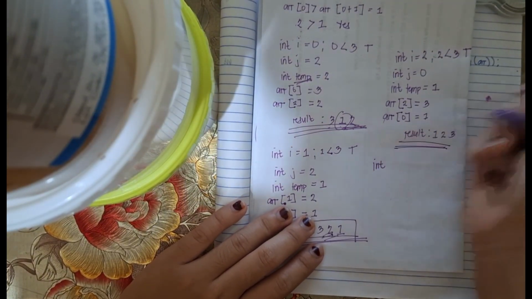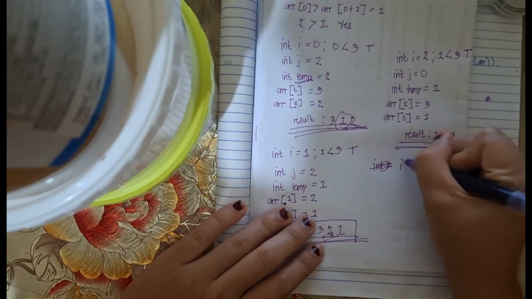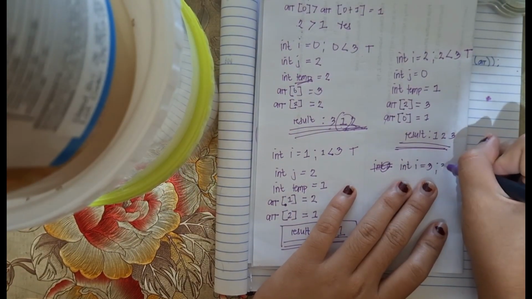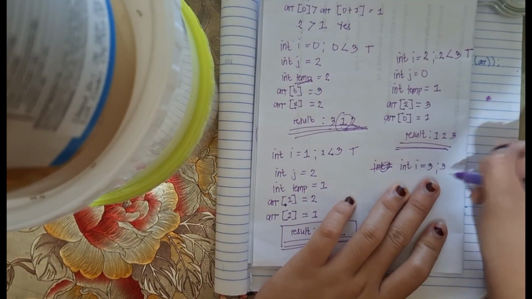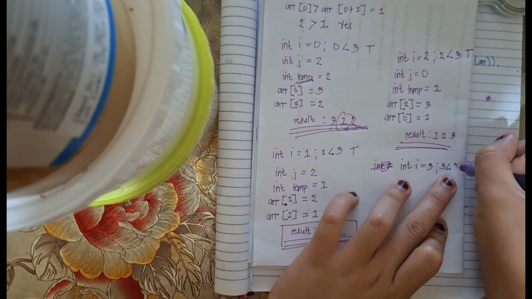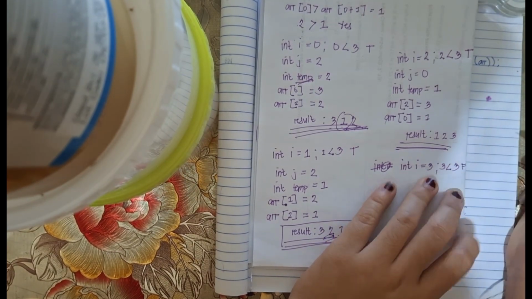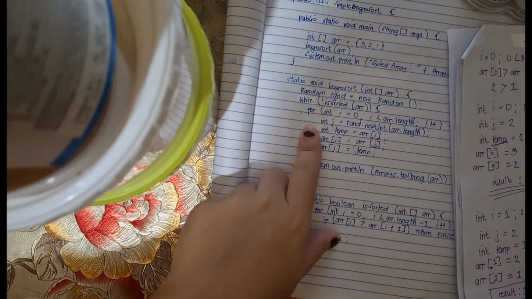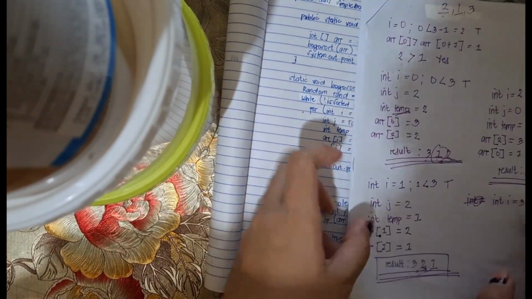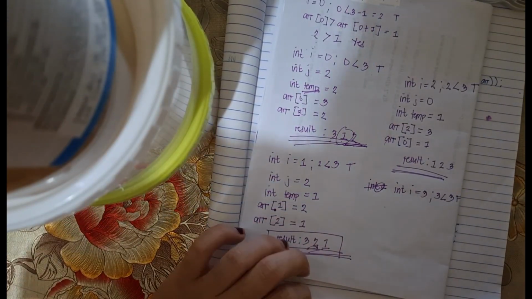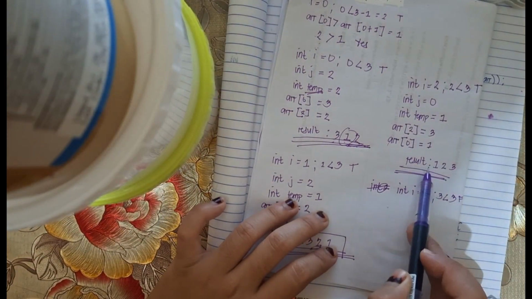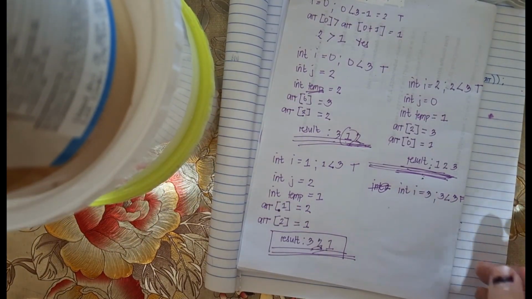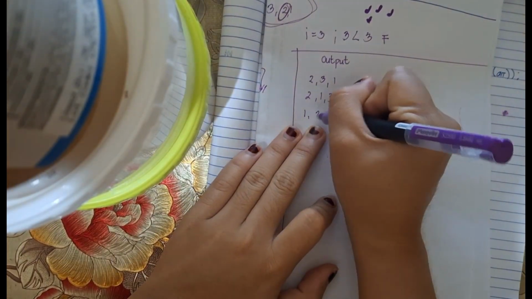So, int i is equals to 3. Then, condition niya nga i, which is 3, less than array length niya nga 3. So, 3 less than 3, so false. So, mag-stop ang incrementation, mag-stop ang loop. Then, proceed siya nga i-print niya unsa ang last nga value sa array. So, ang last value sa array is 1, 2, 3. Ibutang na nato siya sa output. Tara. So, 1, 2,